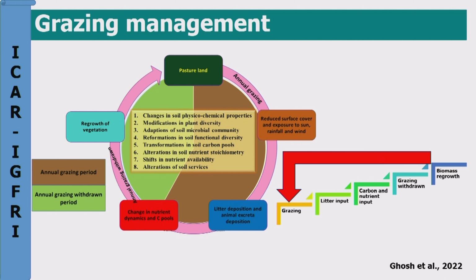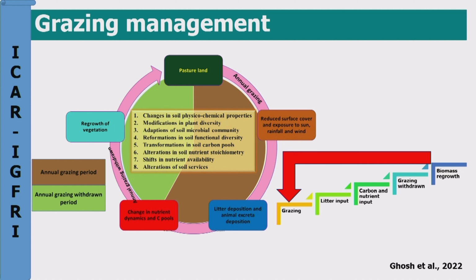This is the grazing strategy we designed, where during a part of the year, animals are allowed to graze in the pasture land. And the green part is the portion where we don't allow the animals to graze, but we feed them through the cut and carry method. And during the grazing,